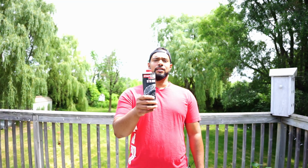Stoptech Racing STR 600. This is a .4 brake fluid. It has the same polyethylene glycol with some additives so that the boiling temperature is increased to 594 degrees Fahrenheit. If you're like myself, who finds a B-road and smashes the throttle and drives a little spirited, or if you're